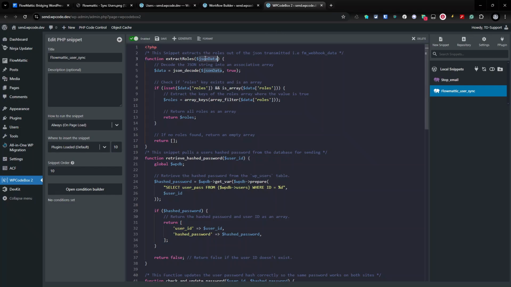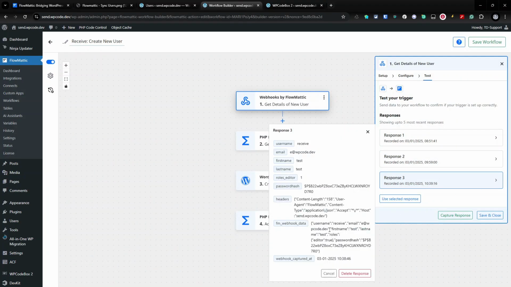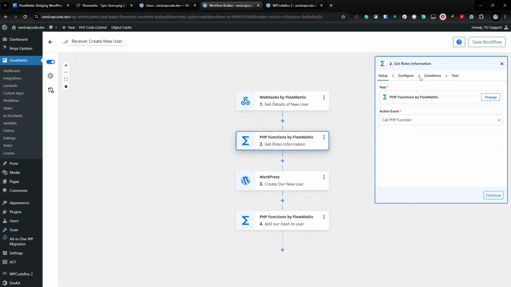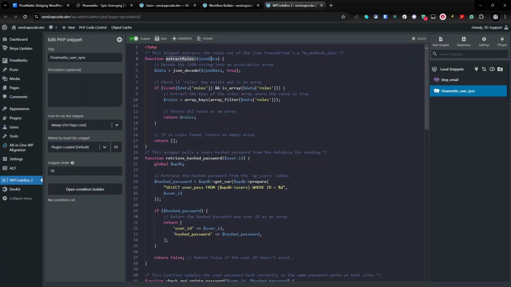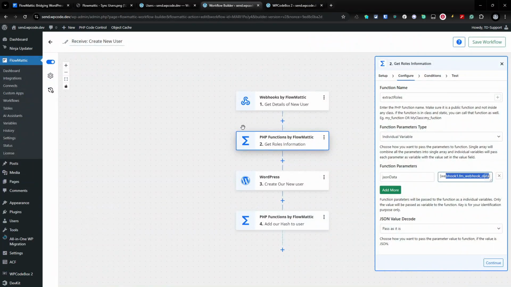So you give it the JSON data. So you give it this data here, the webhook data. And then if you look at that FM webhook data, and then we'll go down here, I'll show you in this one. So then we're sending FM webhook data as JSON data into this function. So this is the function, this is the JSON data, and basically it just looks for the word roles and then extracts the roles, in this case editor, and returns editor for you,